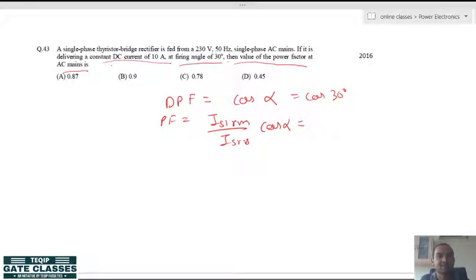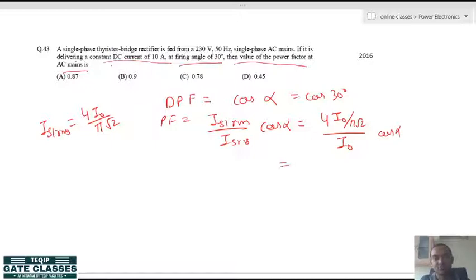So, it is delivering like this. IS1 RMS, if you remember the Fourier series, is 4 I naught upon pi root 2, and I naught is 10. And IS RMS for alpha equal to 30 degree, for the fully controlled bridge, is I naught. So, it will come out around 0.9 cos alpha. You can also write it directly. So, it is 0.9 into cos 30, which is 0.866. So, the input power factor will be just the multiplication,